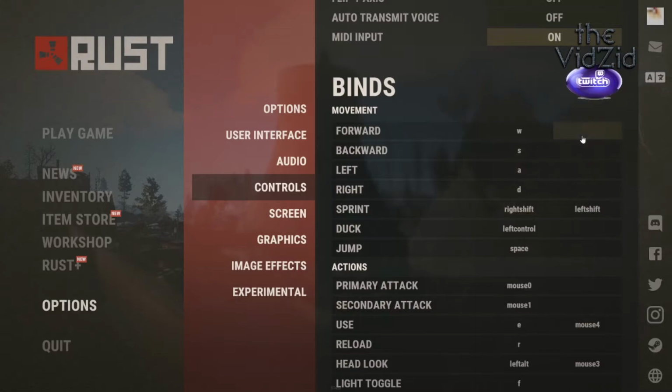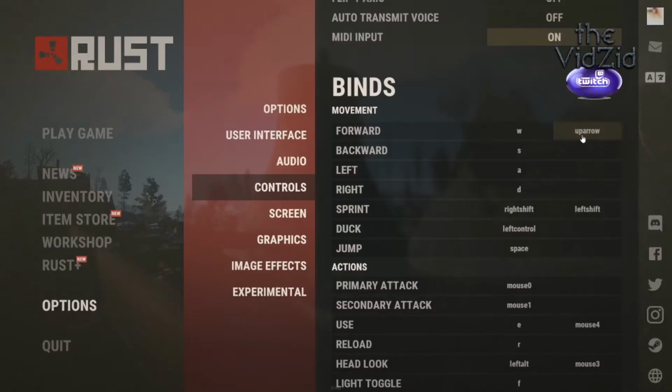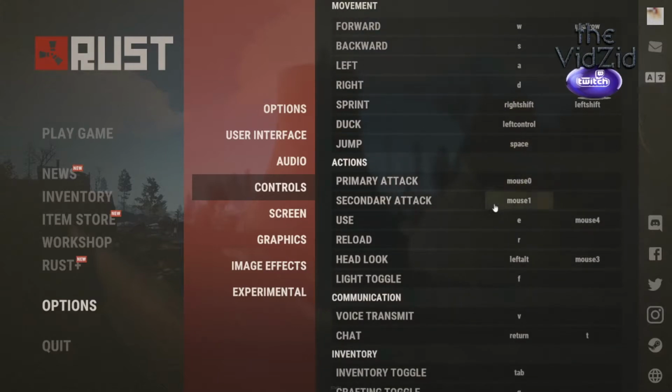So if you want forward to be the forward arrow key, you can do it thusly. You just click there or there and then hit the key you want to use for that specific thing. I'm going to leave these as they are. I have changed